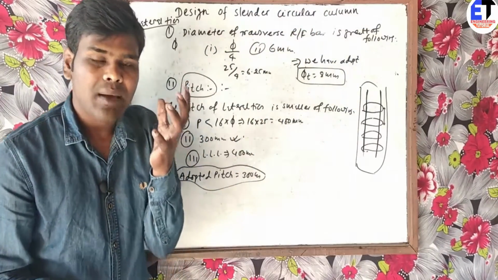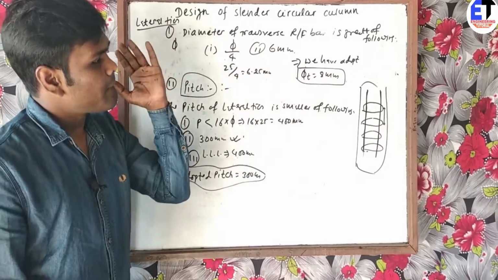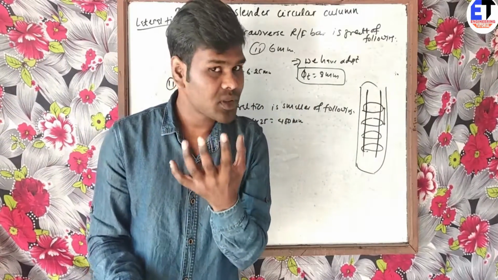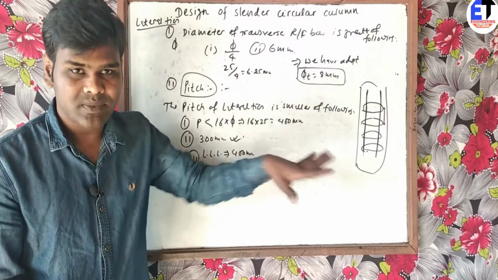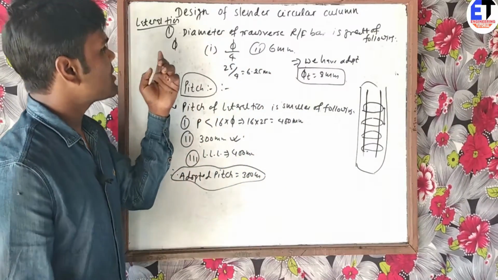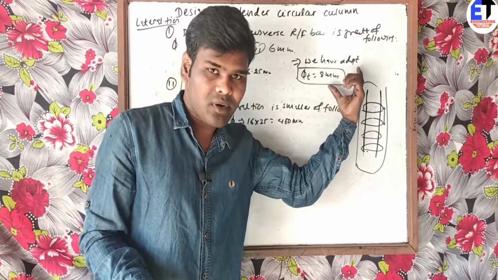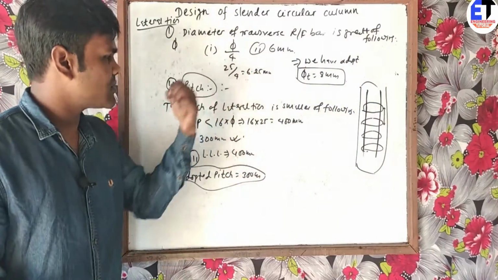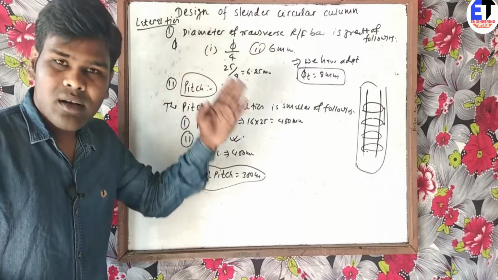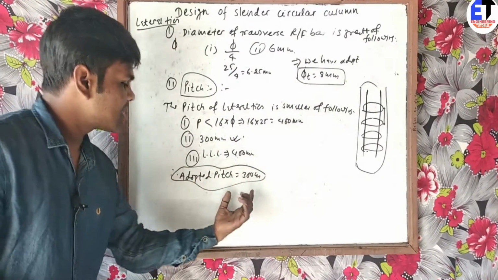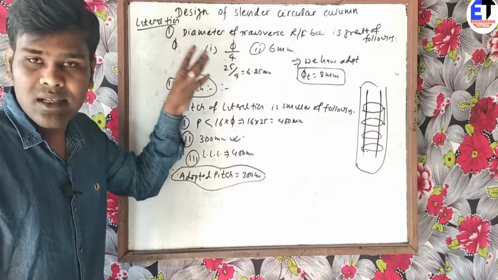So here we have calculated everything required for the design of the circular column. Here 25 mm diameter is the main reinforcement. Six main reinforced bars are required, and the percentage of steel is 2%, so we have satisfied the condition. Also, the diameter of the lateral tie is 8 mm, which we adopted after analyzing this expression. And the required distance from one lateral tie to another is 300 mm. Those are all the steps we have calculated for designing the circular column.